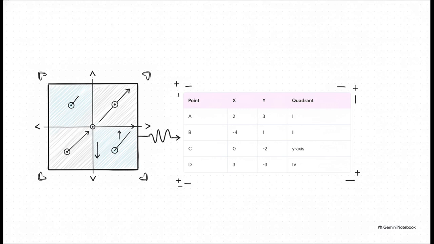Since x is 0, you don't move left or right at all. You literally just walk straight down 2 steps, meaning you're sitting right on the y-axis itself. And finally, point D, (3, -3). That takes you right 3 and down 3, placing you in the lower right, quadrant 4. Really understanding this exact plotting mechanism is absolutely crucial so no one gets left behind before we introduce the slightly